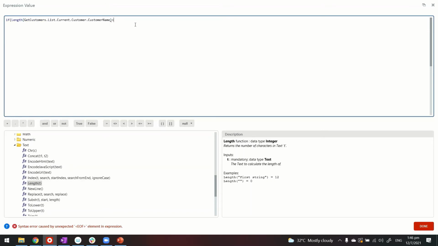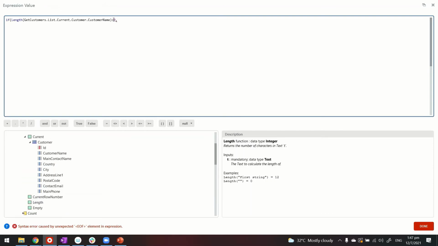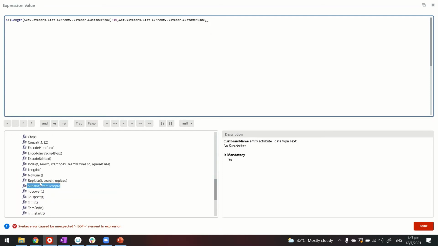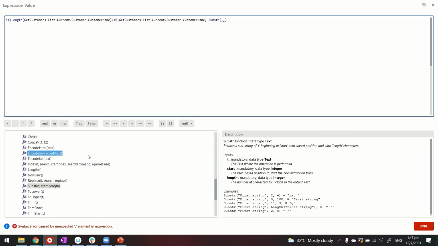Okay, now in this case what I want to do is if the length of the customer name is more than 9 or 10, I want to display the dots instead of displaying the full name, because that maybe does not look good in my UI because it's a tabular list. So if the length is greater than 9, the format is such that after the condition, that will be your first statement and then false. Okay, so true and false, something like this. So in this case, if it's less than, okay, it should be the other way. If it's less than 9 or less than 10, let's just make it round, less than 10, then display the whole customer name exactly. Otherwise, display maybe a substring of that, will be something like this.